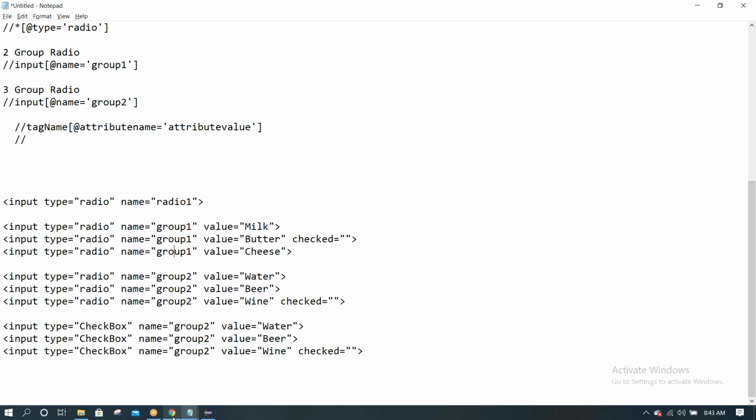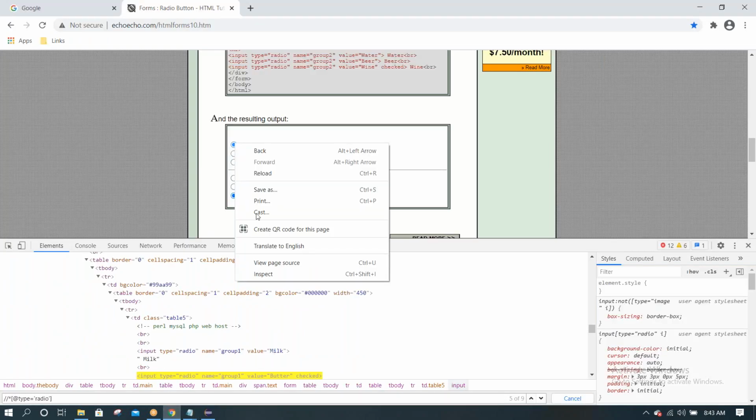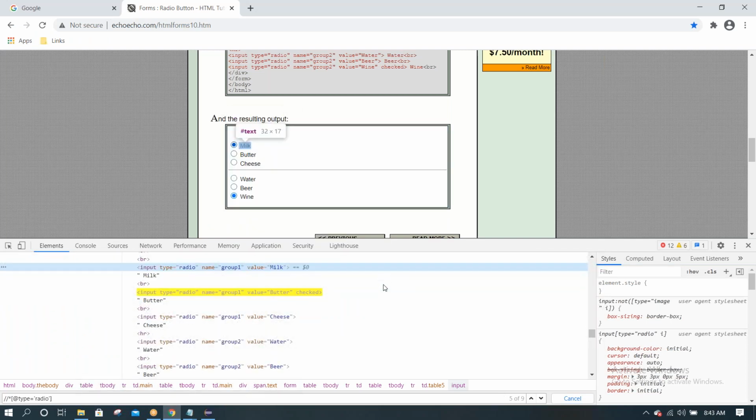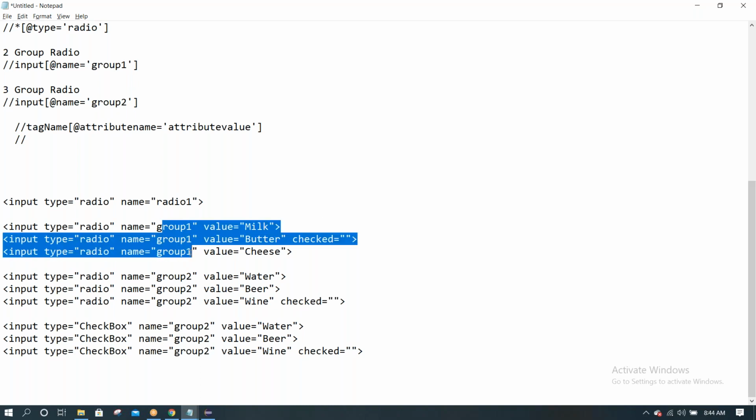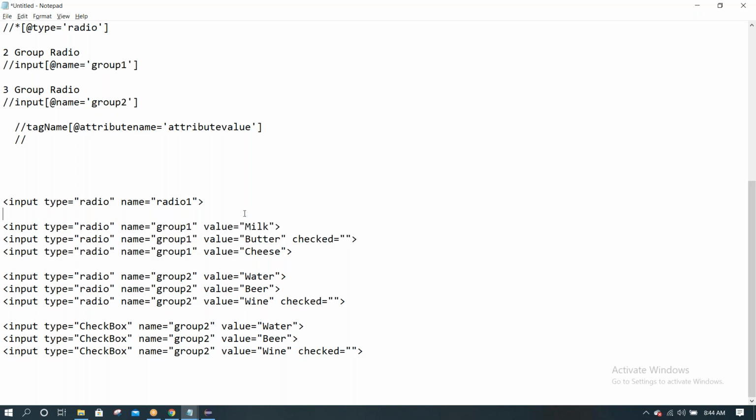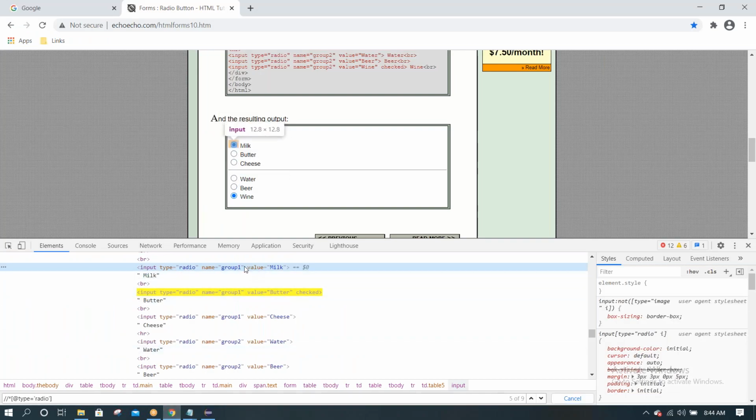Now in this case I want to click on the milk radio button. So we have group 1 right here, this one. These are the element attributes. Now ID is not there. Name we can use, but name is common for other elements, so name will not be helpful here. Now what XPath can we write to identify that radio button and click? Just write findElement, the XPath dot click. It will click on that element.